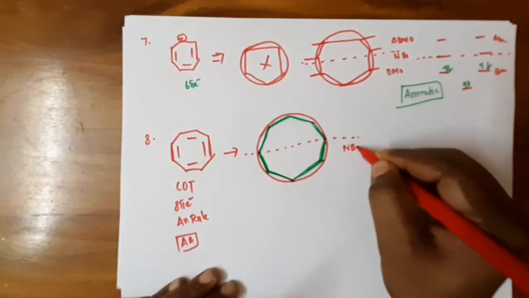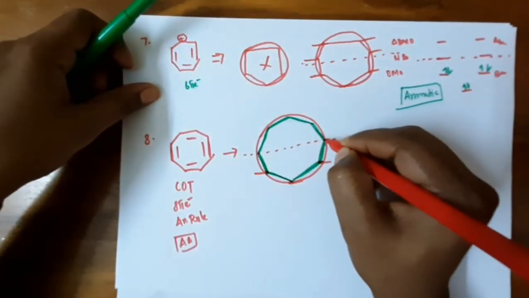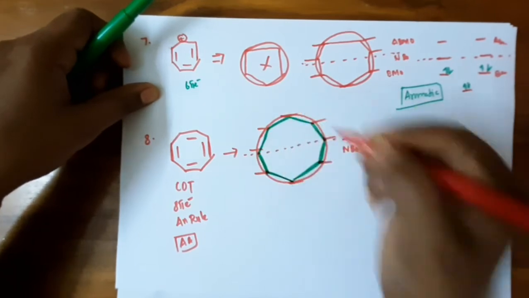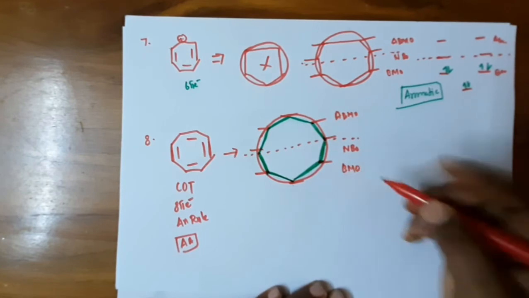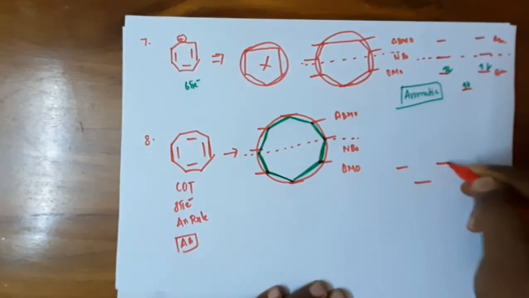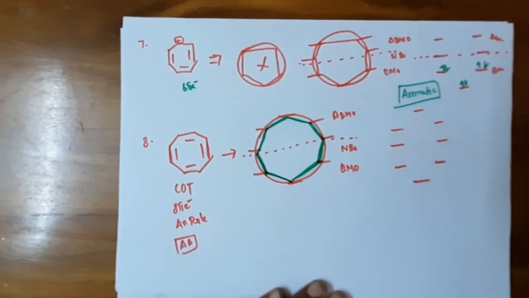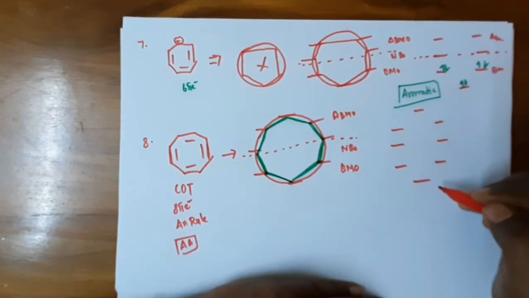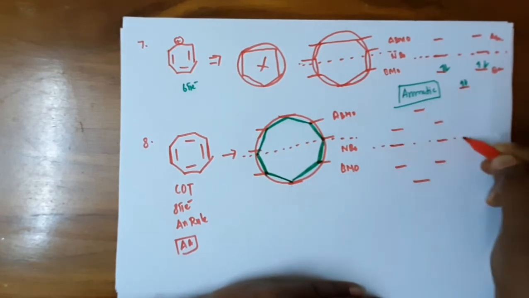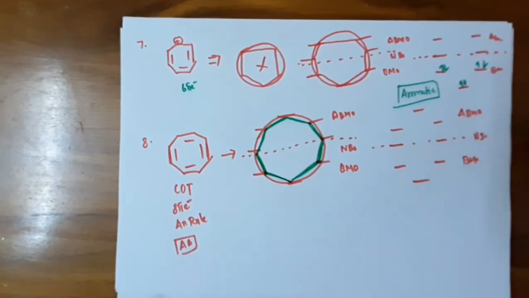So this is the non-bonding orbital, the energy levels 3, 4, 5, 6, 7, 8. So this is the anti-bonding molecular orbital and this is the bonding molecular orbital. So three energy levels are degenerate levels. So these three levels are degenerate. The above and below levels are the highest and lowest levels. So this is the highest energy level and this is the lowest energy level. So this is the horizontal non-bonding orbital, bonding molecular orbitals and anti-bonding molecular orbitals.